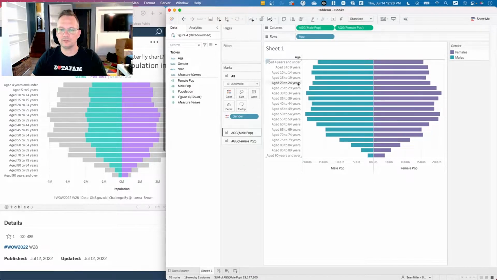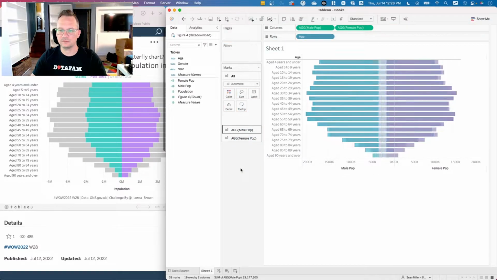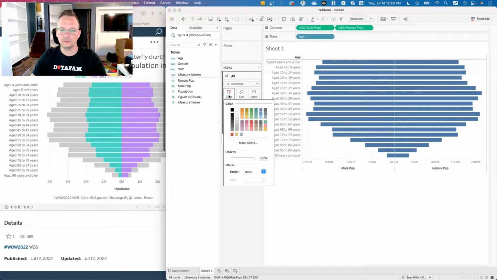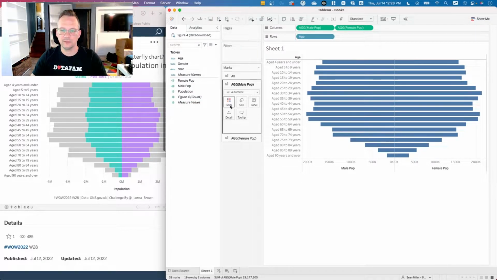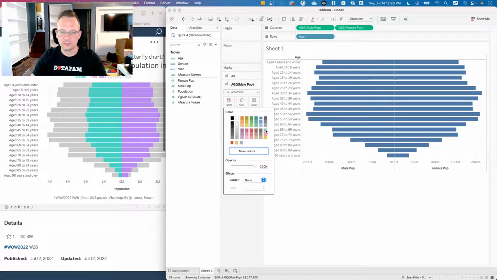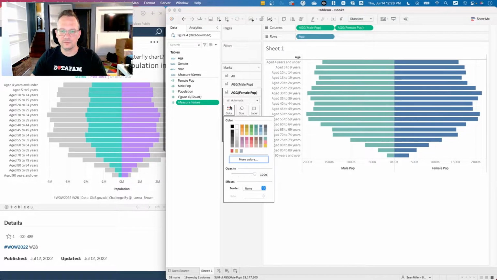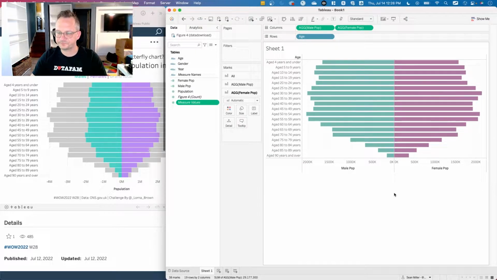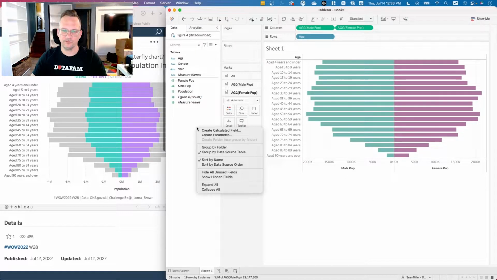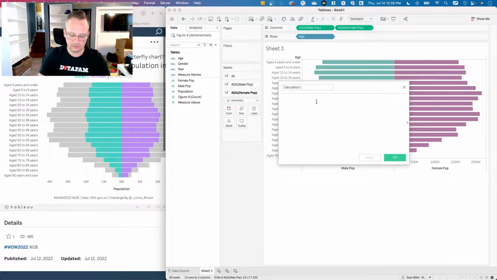All right, actually, see how it has that on there? So I think I'll take this off. And for now, for the males, it's a teal color. It's close enough. For the females, it's a purple color. Close enough. Okay, so that works. Now what we need to do is, let's do exclude gender